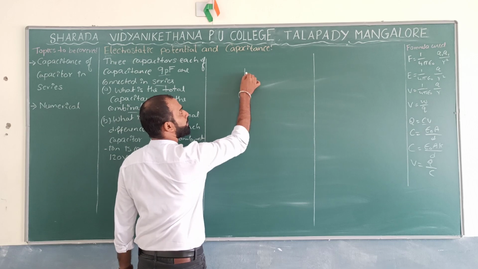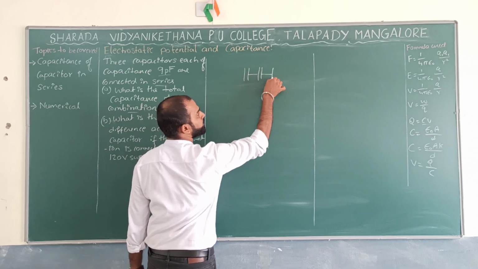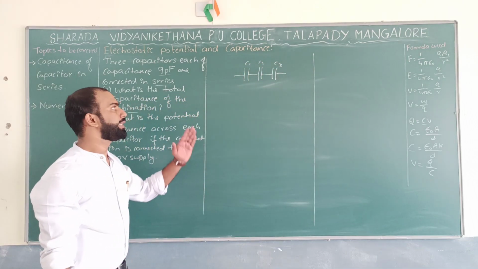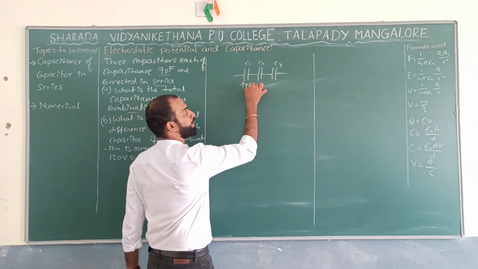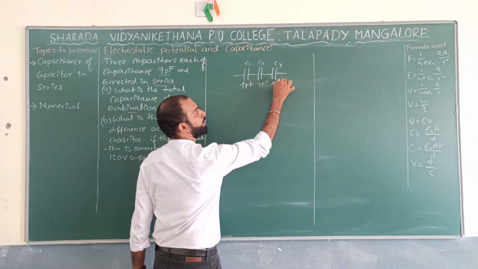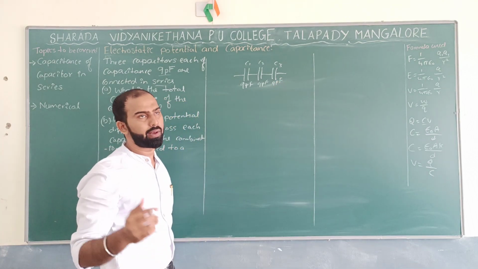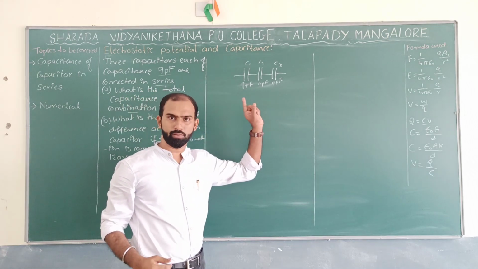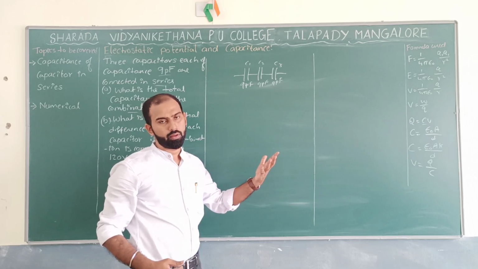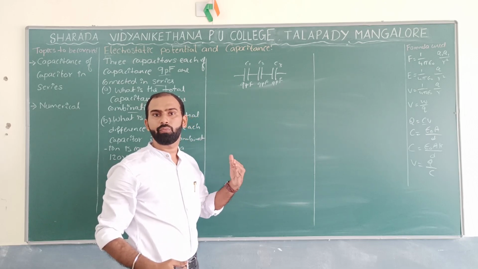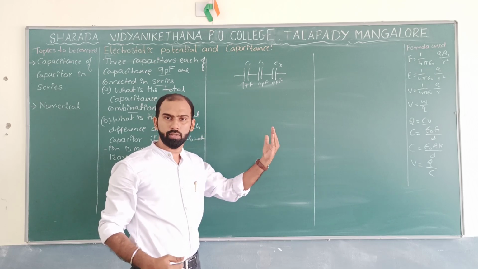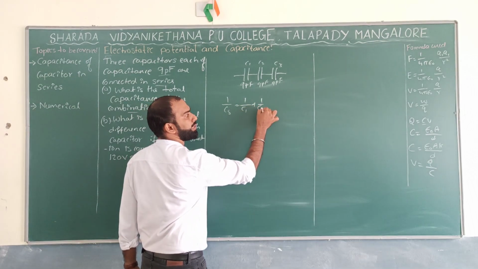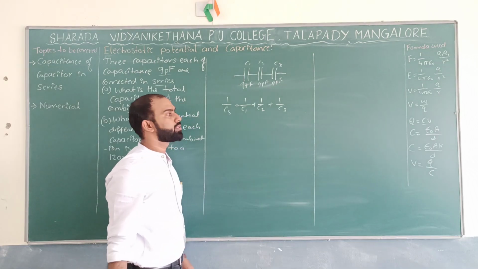So you take 3 capacitors in series. Let us say C1, C2, C3 over here, each having a capacitance value of 9 picofarad, 9 picofarad, and 9 picofarad. Pico means what? 10 to the power minus 12. And these 3 are in series. If I connect these 3 capacitors in series, what should be the equivalent capacitance? What is the formula we have over here? When we connect 3 capacitors in series, 1 by Cs is equal to 1 by C1 plus 1 by C2 plus 1 by C3. What are the C1, C2, C3 values?